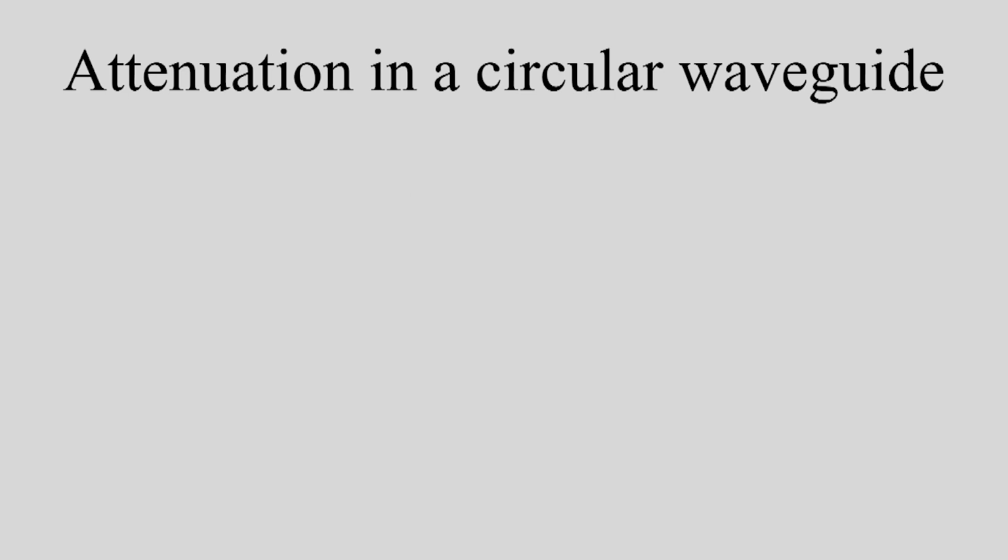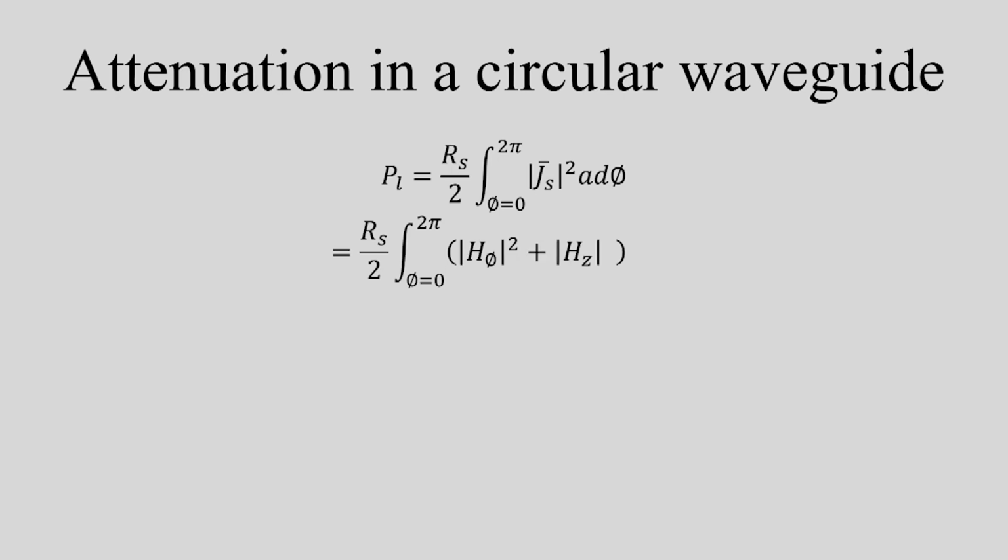So, as before, once we have found out the power for the TE 11 mode, now we proceed to calculate the power loss on the conductor walls per unit length, and that can be found out as Rs by 2, integral over phi from 0 to 2 pi of mod Js square, where Js is the current induced on the circular waveguide wall because of the tangential magnetic field components. So, mod Js square A d phi,